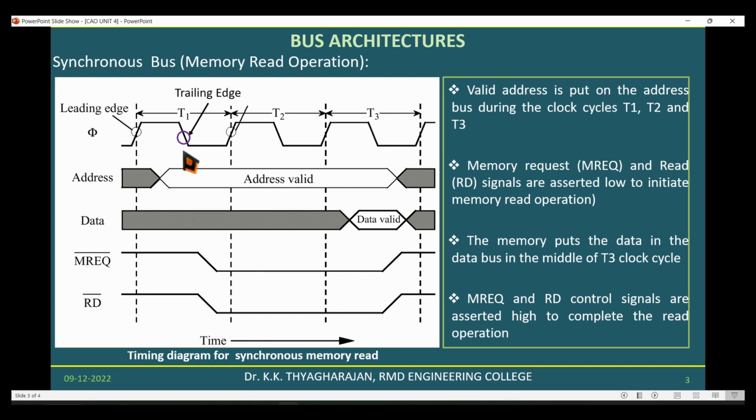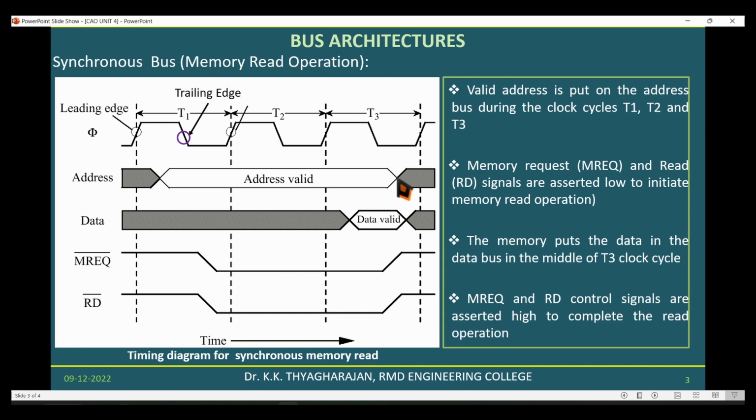In this timing diagram, three clock cycles have been used. This is the leading edge and it is identified from low to high transition. Similarly, this is the trailing edge and it is identified from high to low transition. The address is put on the address bus during the clock cycles T1, T2 and T3. You observe that the address is available only at this point of T1 and it is available up to this